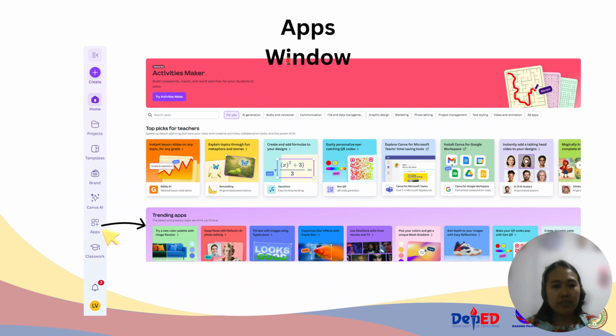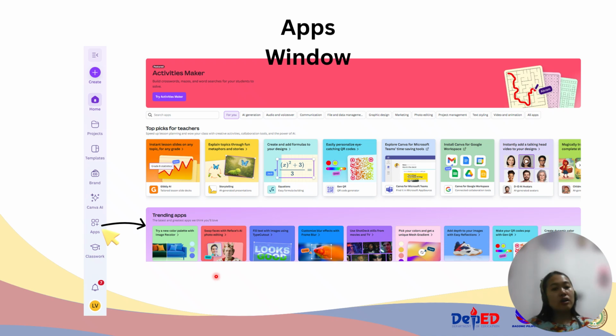Then, we have the apps window. So here it is, as I told you. So you can see there are activities makers here. There are different applications here which you can choose from. Like for example, for us teachers, the activities maker is useful here. There, lesson slides, for us. And even, wow, it's beautiful. Try a new color palette with image recolor.